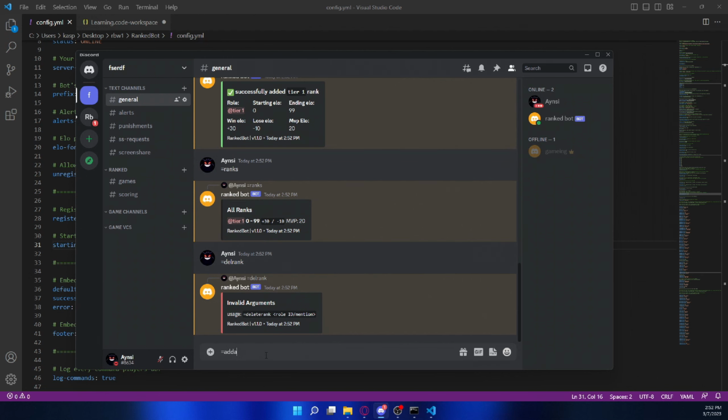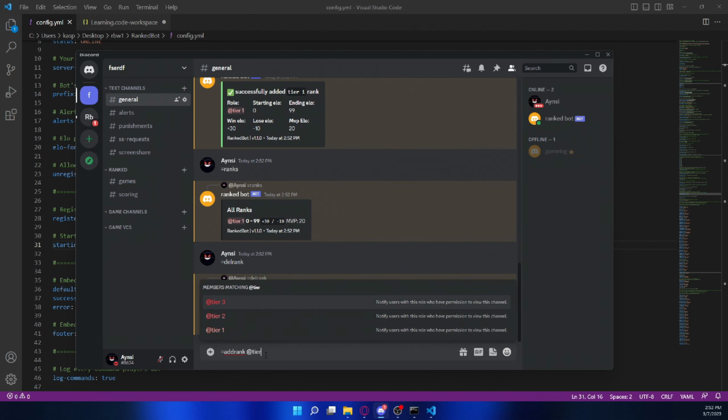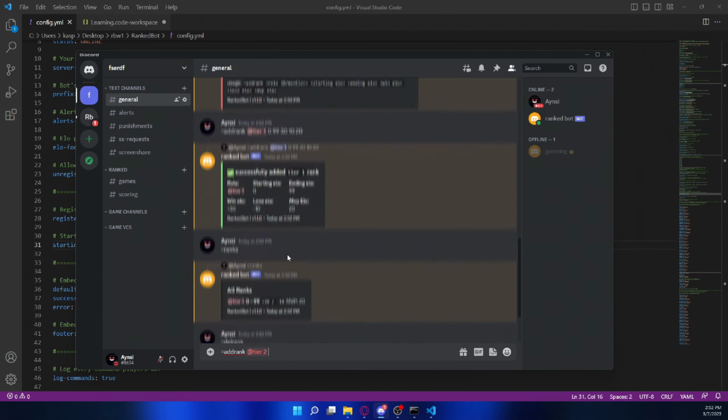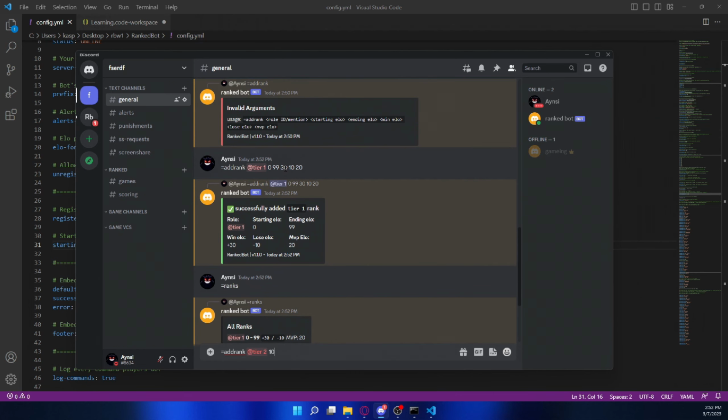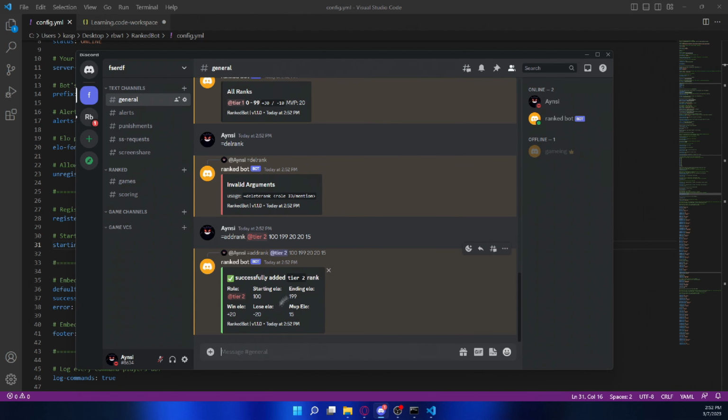Let me add 2 more ranks. Tier 2, then 100, as I said, 199, 20, 20, 15. This is basically my preference. You can specify this as anything. This is just for testing. And then add rank, tier 3,